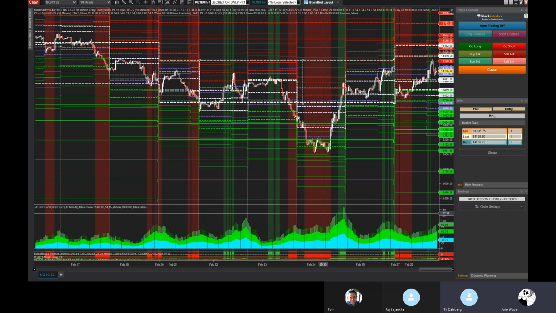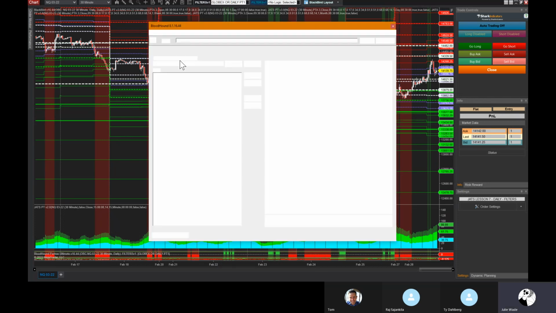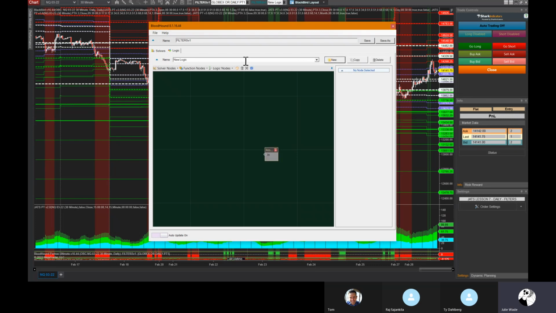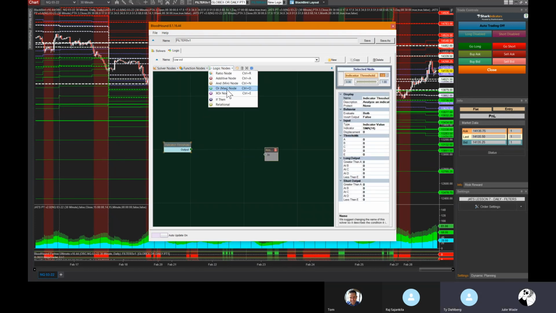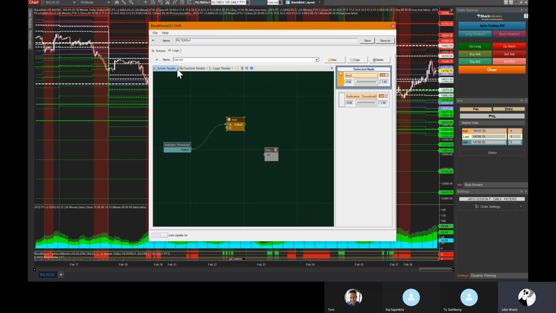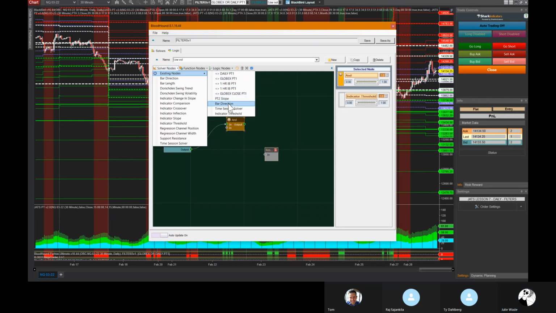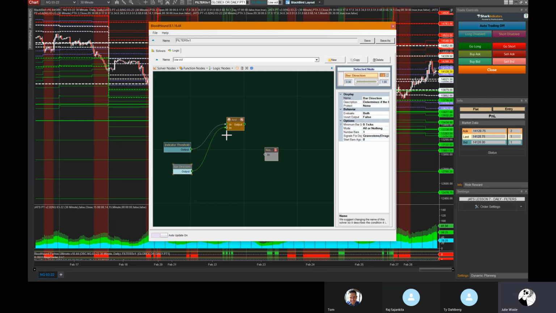Basically, the low medium vol I set up by drawing my lines on my 15, and I set up thresholds. So in your filter, you could say low vol, right? Then you can put a threshold filter in there, an and node and a bar direction. And in the threshold, you're going to put the PT2,